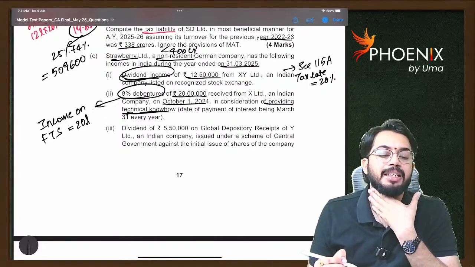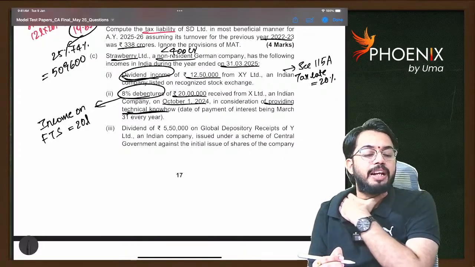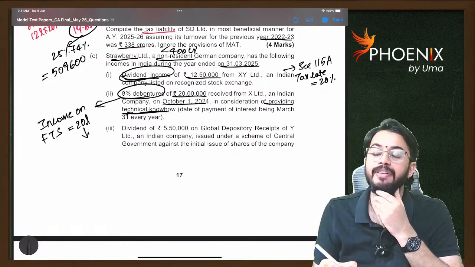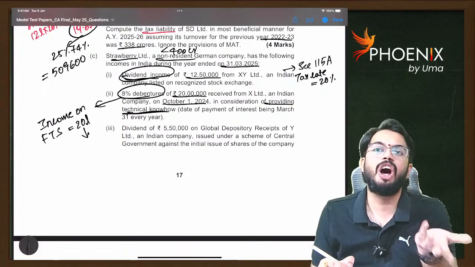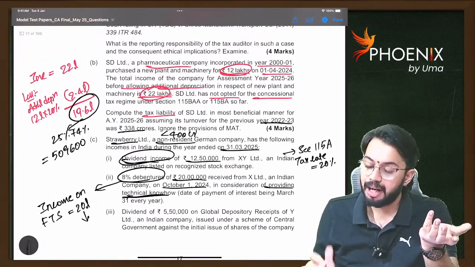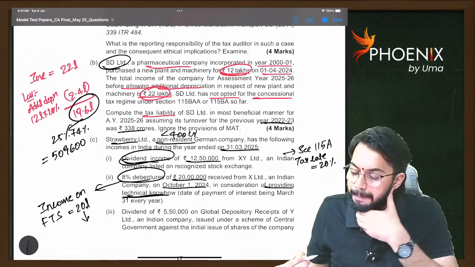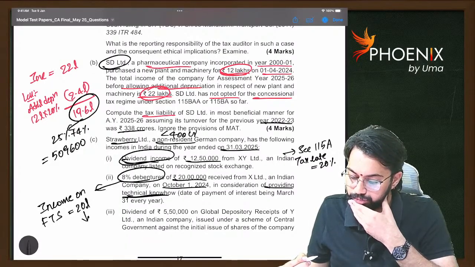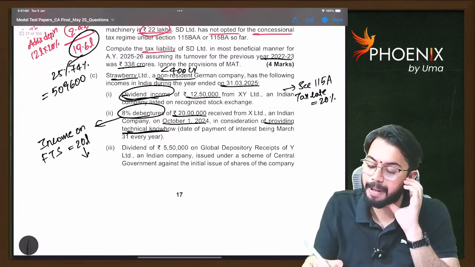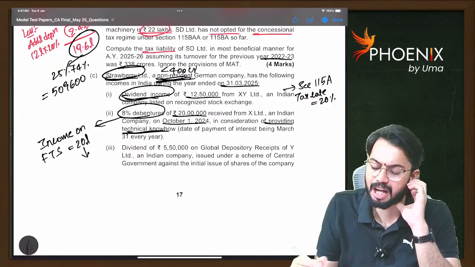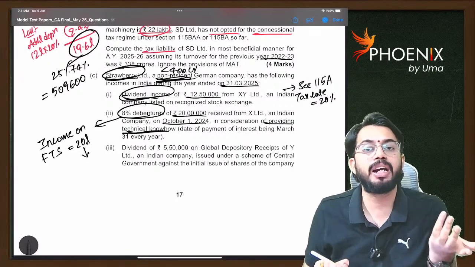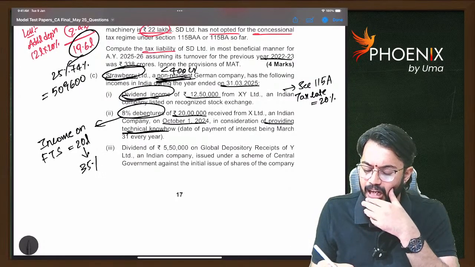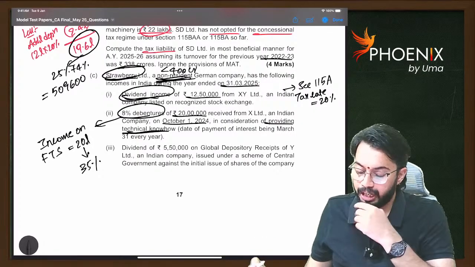So what is the tax rate applicable for fees for technical services? On fees for technical services, the tax rate applicable is normal tax rates. Strawberry Limited is a non-resident, a foreign company. For a foreign company, the tax rate applicable is 35%. Next,